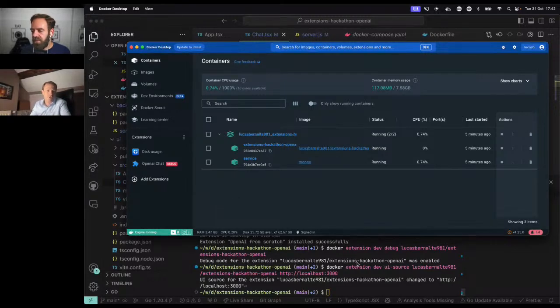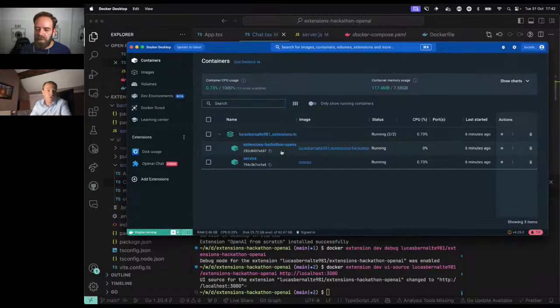So we could just configure Mongo to store the database part, the storage part, in a volume so that if we trash the Mongo container, we keep the volume and we can just spin up a new Mongo container to connect it to the same volume and keep the same data. In terms of extensions, the difference would be that if you remove the extension, we're going to completely trash the containers for the extension. So we would lose the two containers here. And if your extension is using a volume, when you remove the extension, we remove the volume as well.